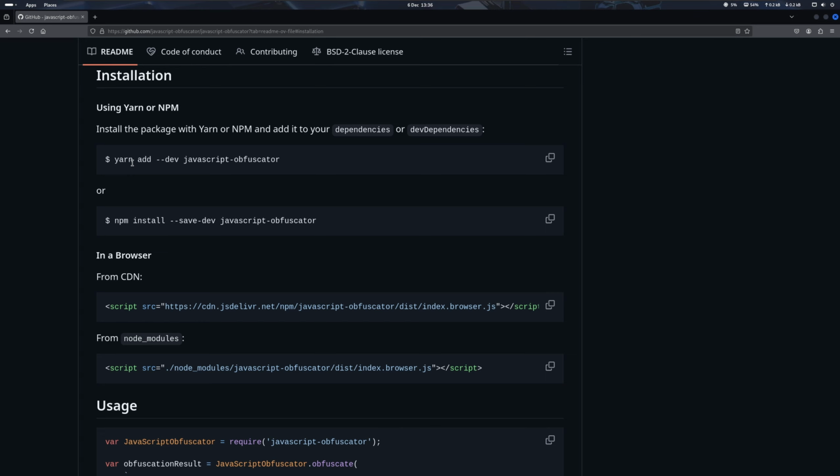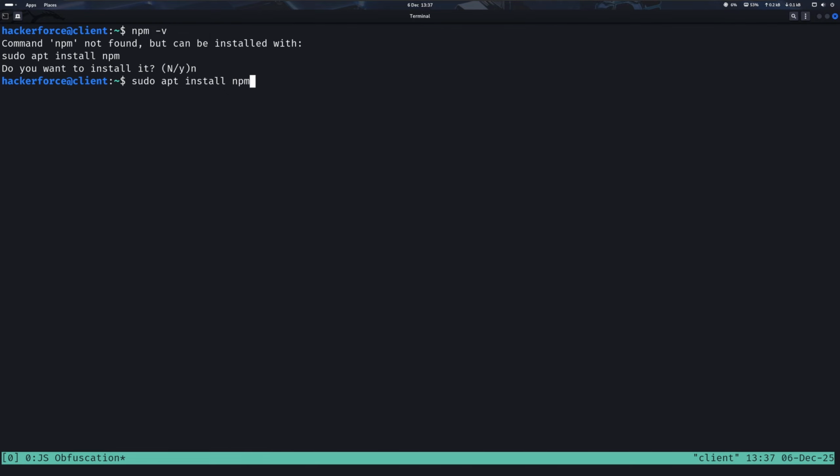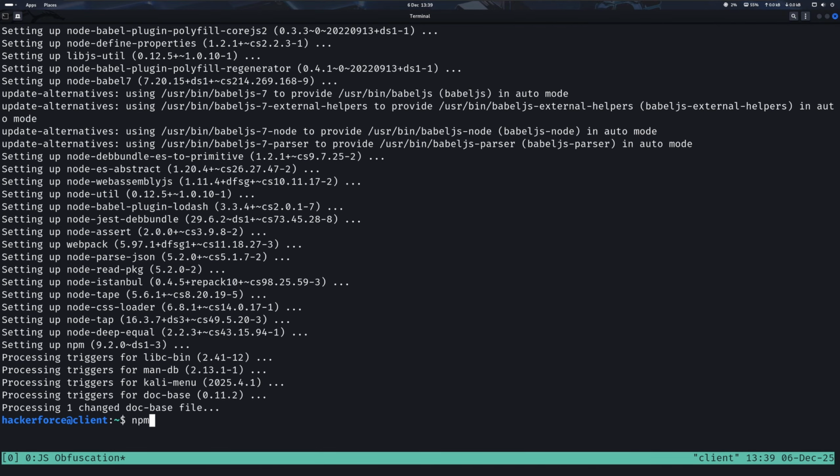So there are several ways we can install JavaScript Obfuscator. We can either do so through yarn or we can do so through npm. We will take the npm example, but before we do so, actually we need to install it. Now, if you already have it installed, simply run it with the v switch and it should print your version. In our case, it is not installed, so what I'm going to do is use sudo apt install npm. Okay, and once npm is installed, we can simply rerun it with that v switch again and it should print out